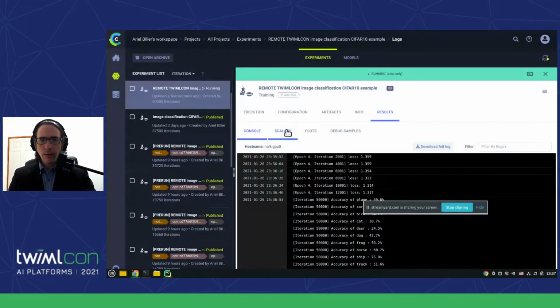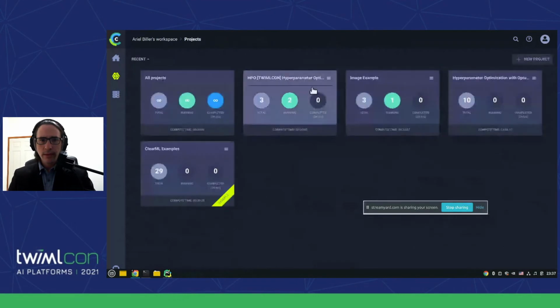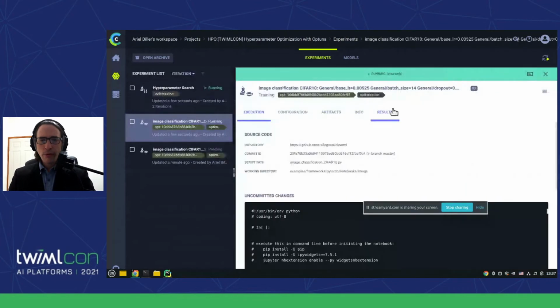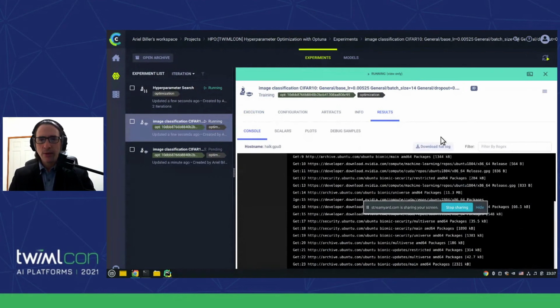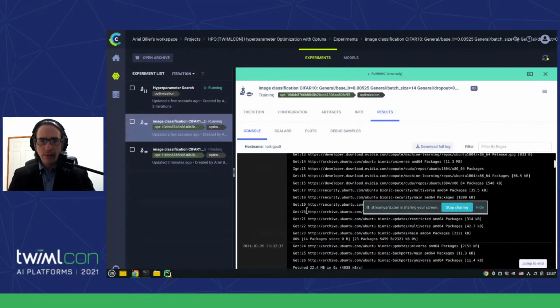That will just stop the process and free up the GPU for me. And I can see I already have what I've done up to here, which is nice. Now I can go back to the TWiMLCon project and see that the first task is already running. So this is a powerful orchestration that you don't need to bug your DevOps about. This is why I was saying we don't need Kubernetes, because once the DevOps or you have installed the agent on all the compute nodes that you need, all your team can self-serve. It's that simple. What it's doing right now is building the container, as I said.